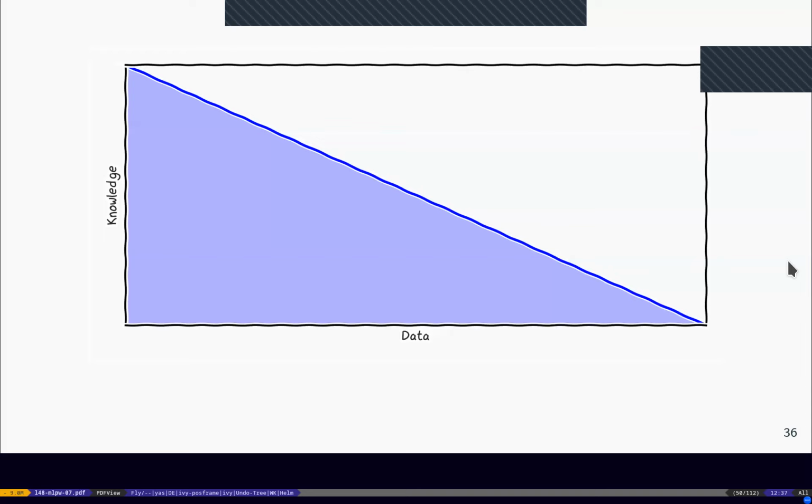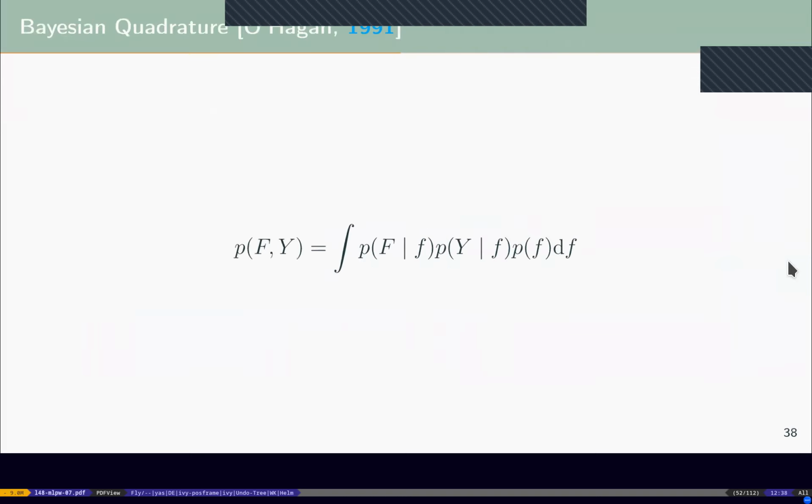And in this case, the cost is really directly associated with the data. Cool. So what we're going to do is follow a formulation that was, I think,